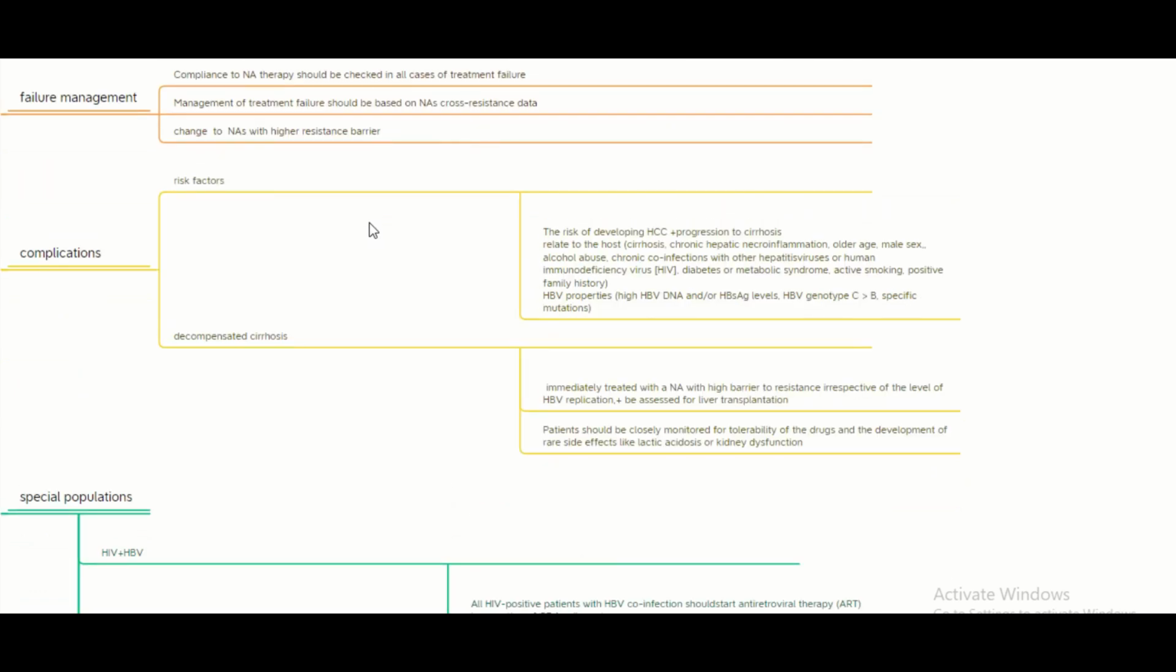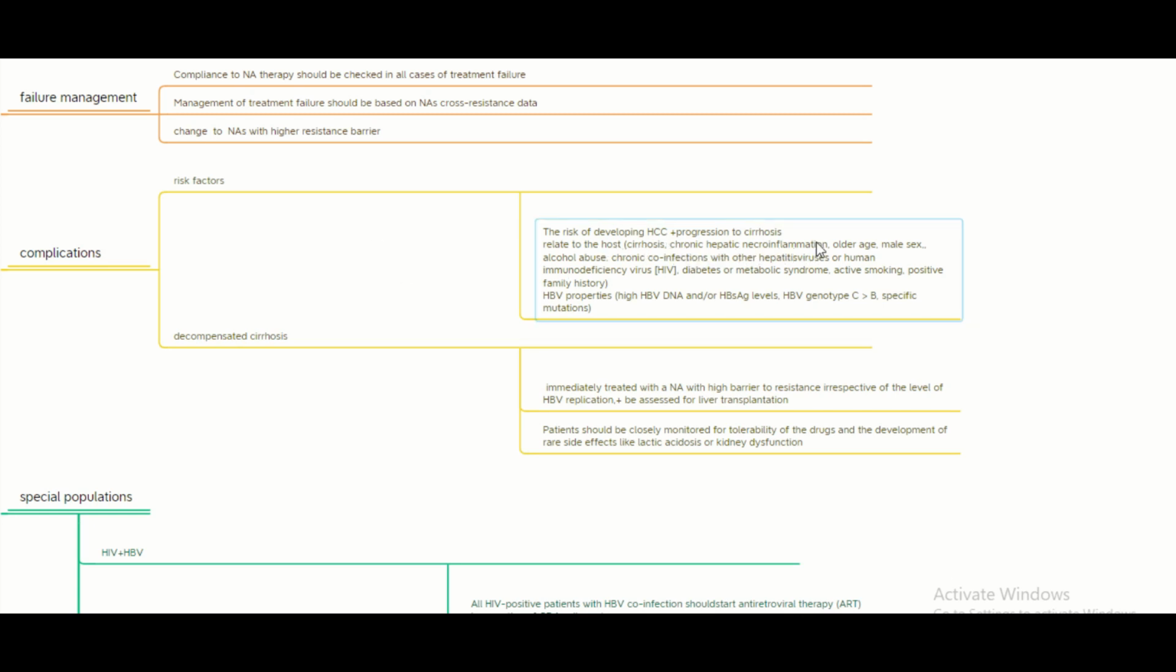And if the patient does not have good treatment, is late to the treatment, or is not taking the treatment, the hepatitis can progress really fast and go into hepatocellular carcinoma and cirrhosis. The complications will be covered in a video by themselves, in the hepatic pathologies. The risk factors for developing hepatocellular carcinoma or progression to cirrhosis